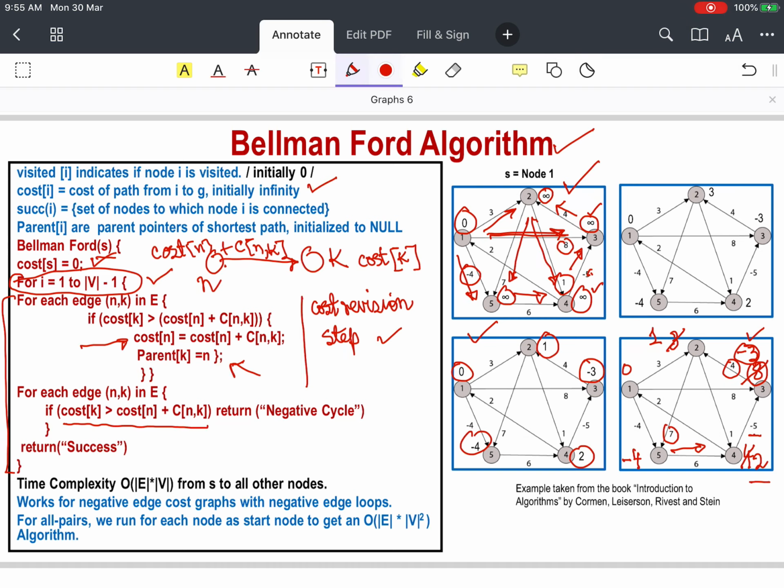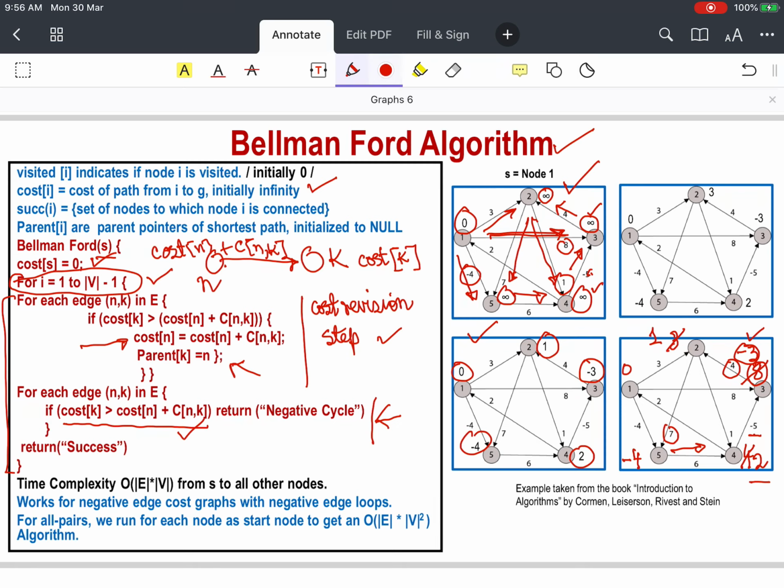And if we go through more iterations, we will see that there is no further change. Therefore, this algorithm, given a start node, will find the shortest cost path from that start node to every other node, irrespective of whether there are negative edges. As I said again, just to repeat, if there are negative cost cycles, then it will continue to detect a reduction in cost, and we will say that there is a negative cost cycle, and therefore we are not going to find the shortest paths.